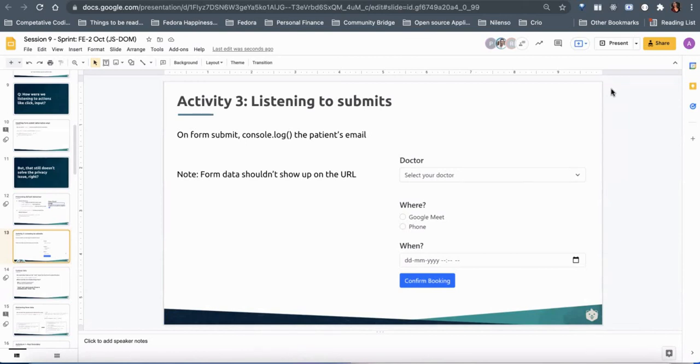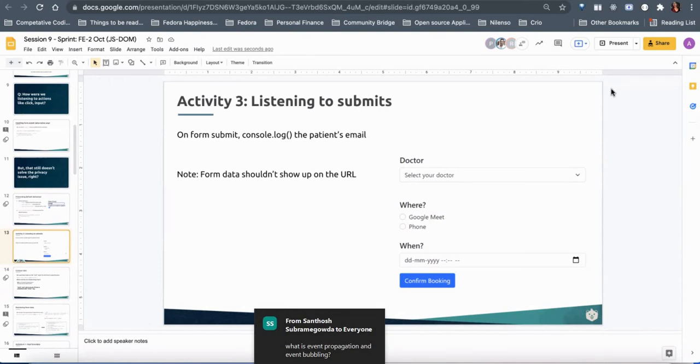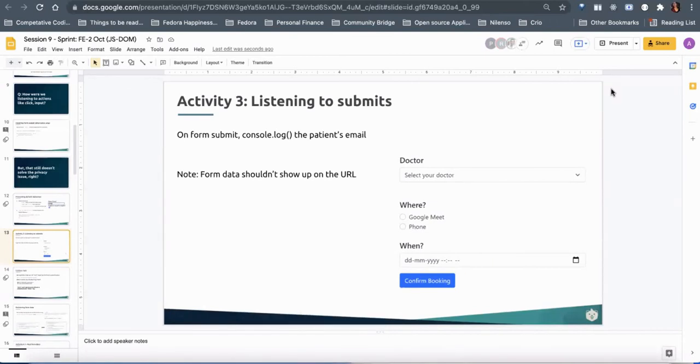Guys, are you done? +1 in the chat if anyone has done it. This event propagation and event logging, that's not actually covered in today's session. Can we shift that to the later part of the session? Yes, sometimes. Yeah. Please do work on this activity. If anyone has done it,